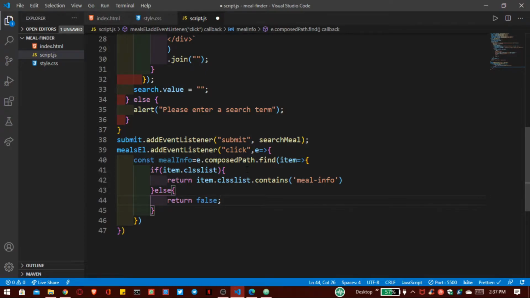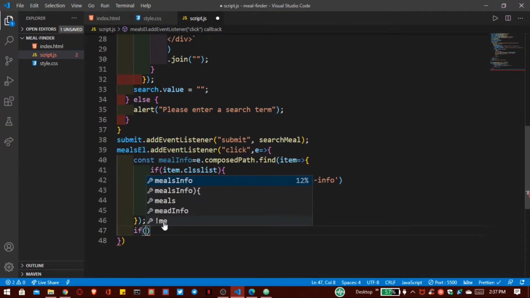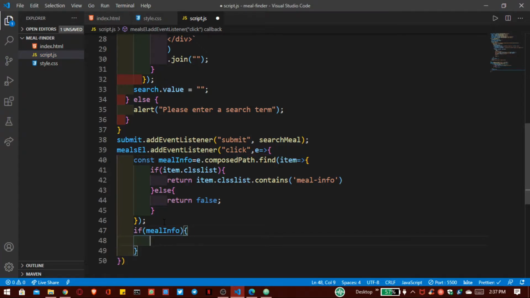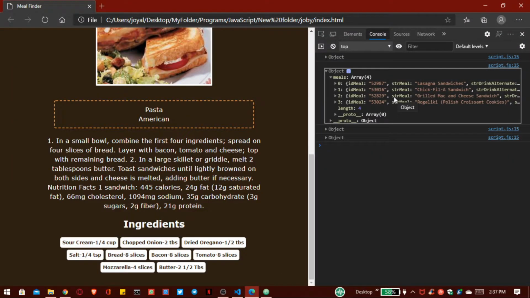So if we find our particular meal according to our click event, after that we have to find our meal info and print our name. For that I create another variable, that is meal ID. Because remember, every meal has a different ID, so we have to grab that meal with this ID.